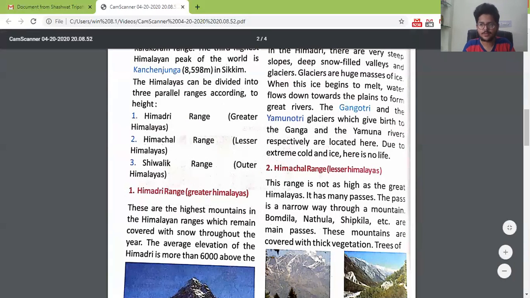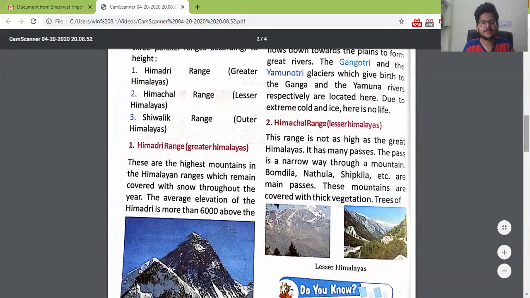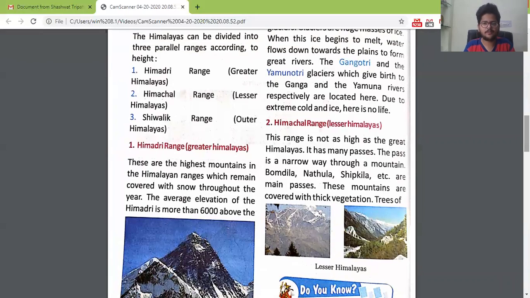So let us study first about Himadri range, which is the highest range of mountains in the country, also called Greater Himalayas. These are the highest mountains in the Himalayan range, which remain covered with snow throughout the year.